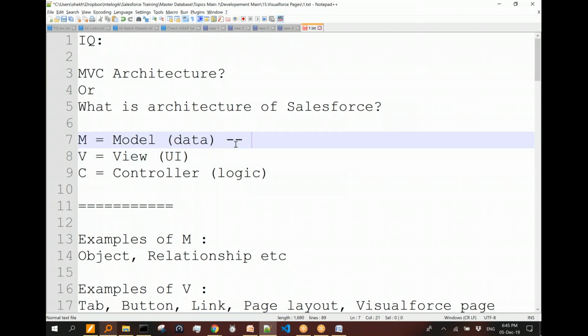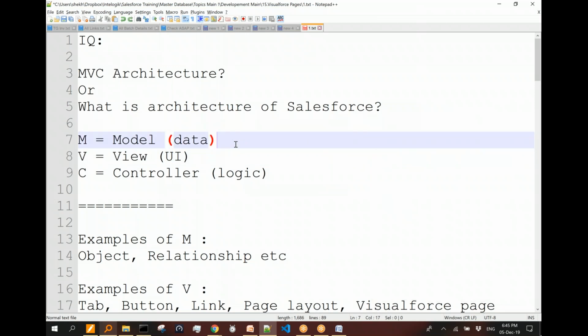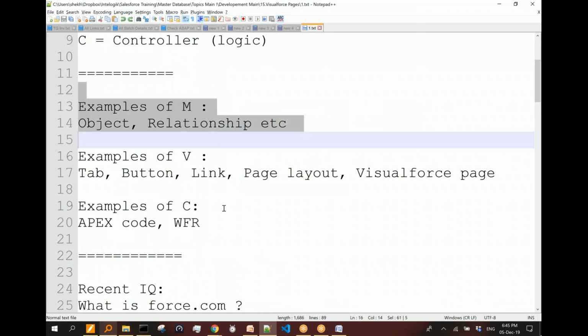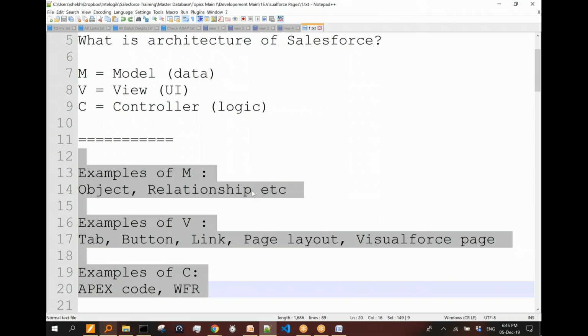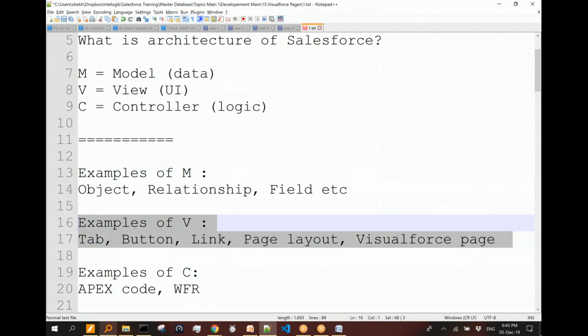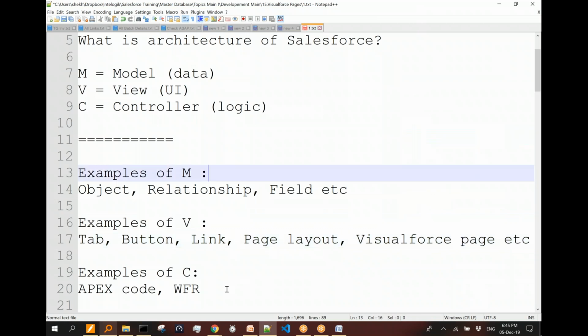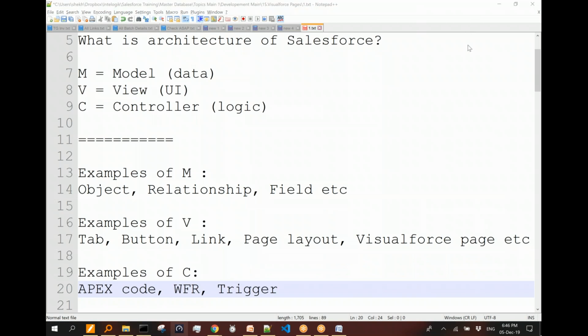Anything about data, for example fields, tables, etc., comes here. In fact, you are going to see that in the diagram, so no need to write it again. Example of M: object, relationship, even fields and everything. These are all related to M, which means model. Example of V: tab, button, link, page layout, Visual Force page, etc. Example of C: Apex code, workflow rule, and also, how can you forget, triggers? Okay, and now let me